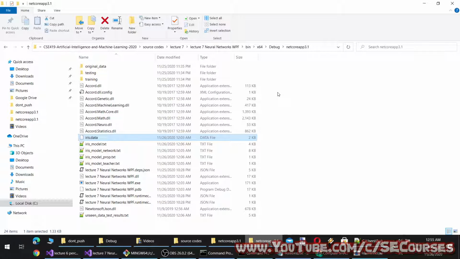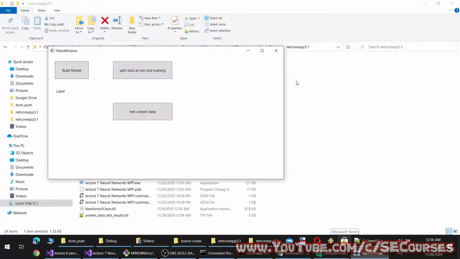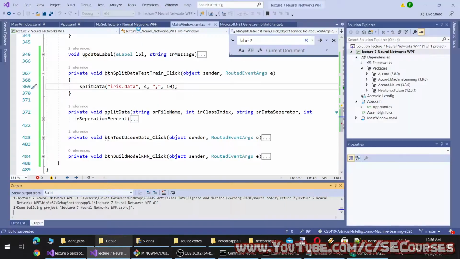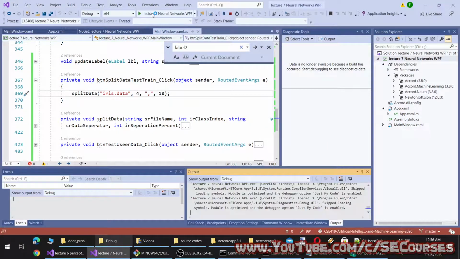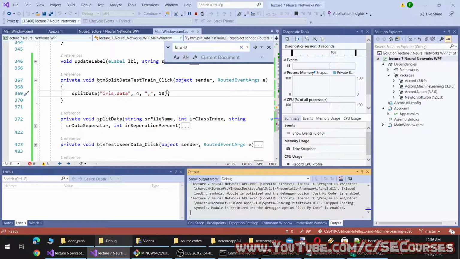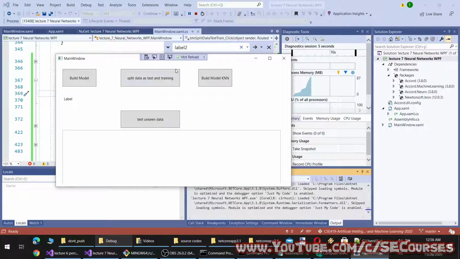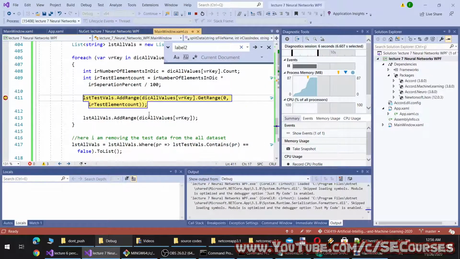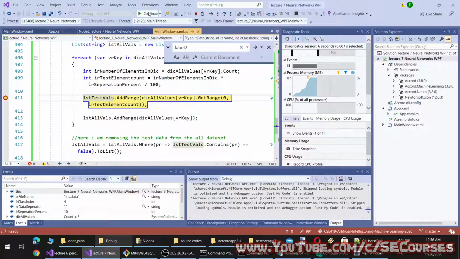Then I will generate the best model by using KNN with 10. Oh, it didn't run. Why? Oh, okay. Let's split the data. Let's continue.